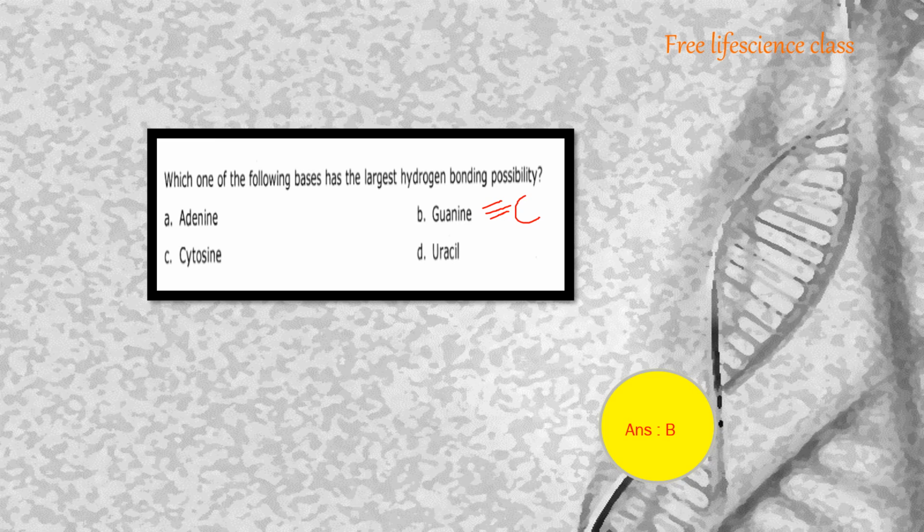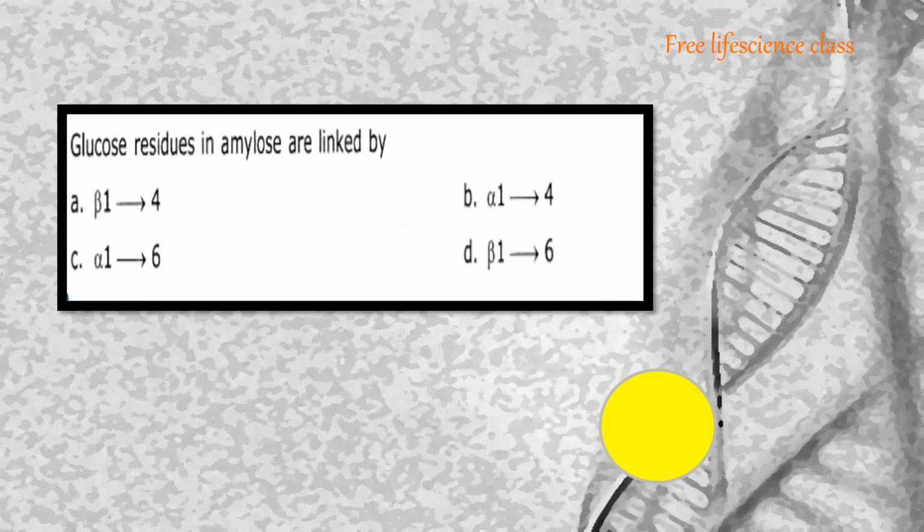But if you talk about cytosine, if cytosine is deaminated, then it will convert into uracil. So there is a possibility that cytosine can be changed to uracil. But guanine has no such change. So we can always say the most appropriate one is guanine. Guanine has the largest hydrogen bonding possibility. The next question is, glucose residues in amylose are linked by